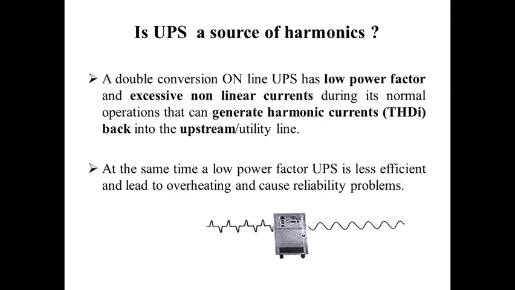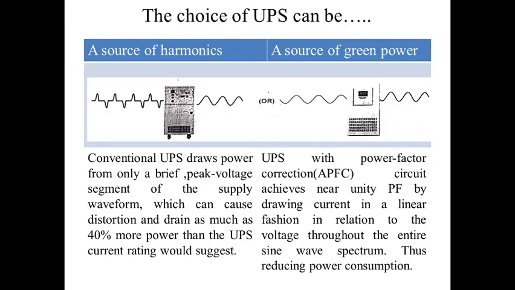But is it a source of harmonics? A double conversion online UPS has low power factor and excessive nonlinear currents during its normal operation that can generate harmonic currents back into the upstream or utility line. At the same time, a low power factor UPS is less efficient and leads to overheating and causes a reliability problem. So the choice of UPS can be either as a source of harmonics or